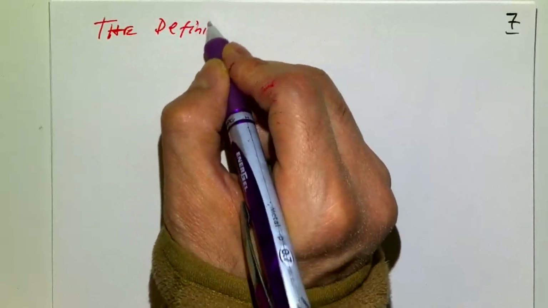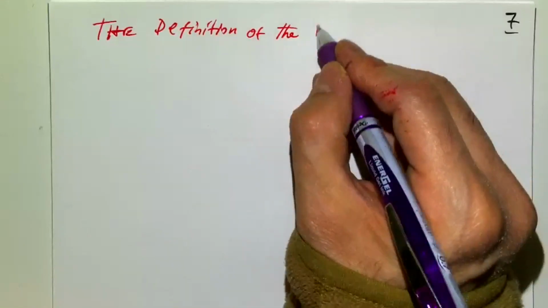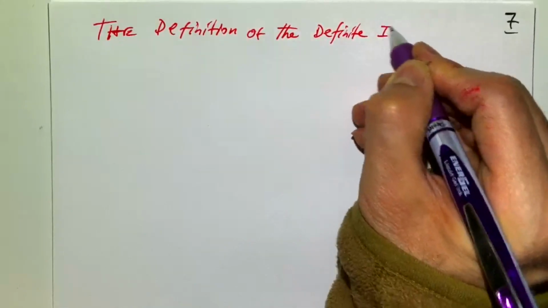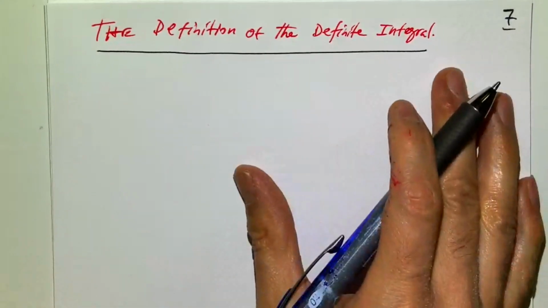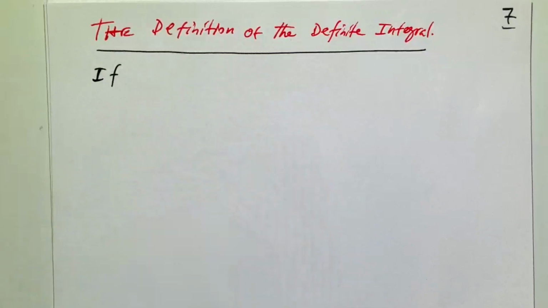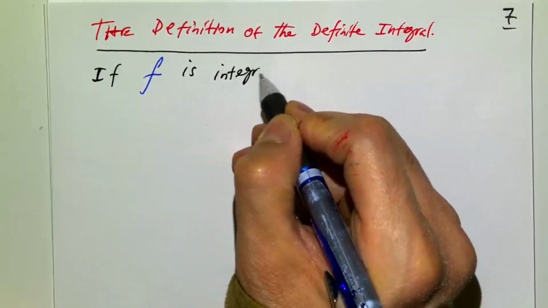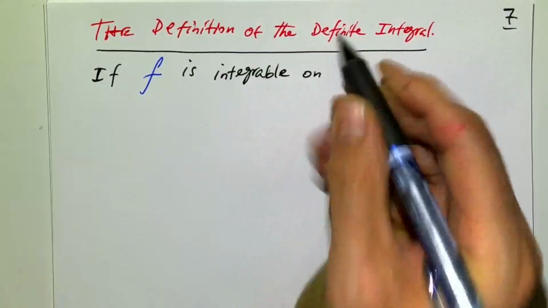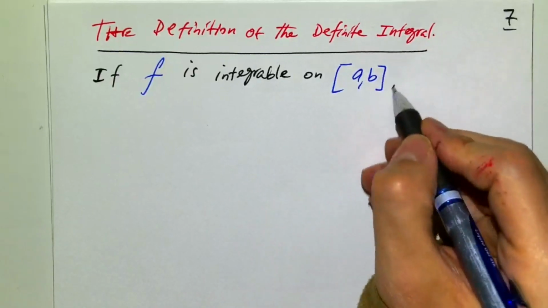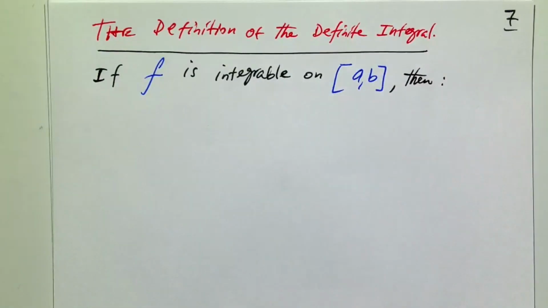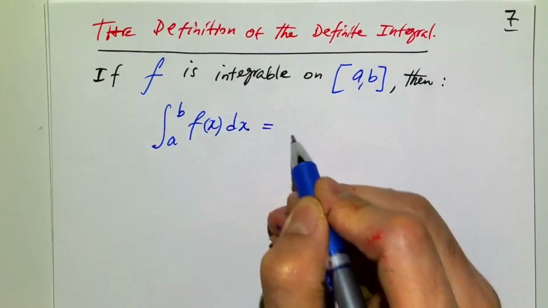So the definition of the definite integral: we say that if f is integrable on some closed interval a to b, then we can say that the definite integral from a to b of f of x dx is equal to